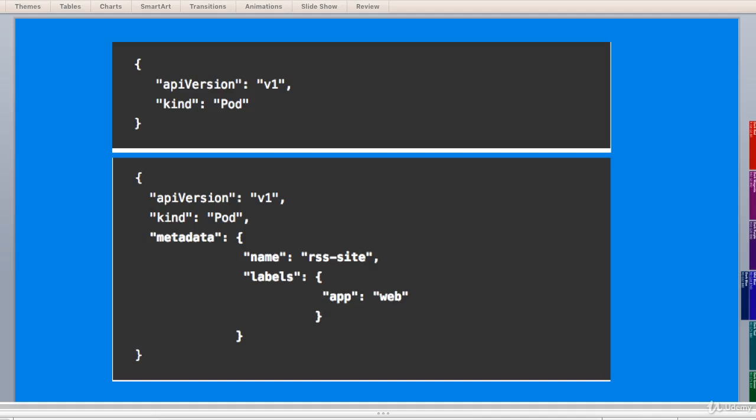The first line is a separator and is optional unless you are trying to define multiple structures in a single file. From there, as you can see, we have two values, v1 and Pod, mapped to two keys, apiVersion and kind. This kind of thing is pretty simple, of course, and you can think of it in terms of its JSON equivalent, which is, as you can see at the top where I'm pointing with my cursor.